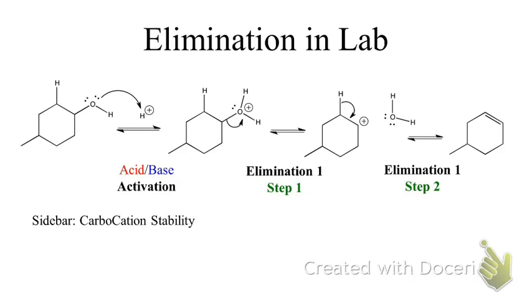We end up with a positively charged carbon, not particularly stable, so I need to give it electrons. If this was a substitution reaction, I would then have a nucleophile floating around. The nucleophile could share its electrons, and we do the substitution. I don't have a nucleophile, which means I must find electrons from within the structure to stabilize. That's where we go and find that hydrogen. So we'll take the electrons out of that bond, put them into a double bond, and I now have my